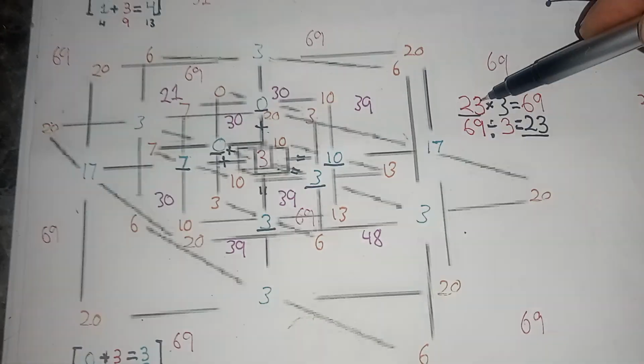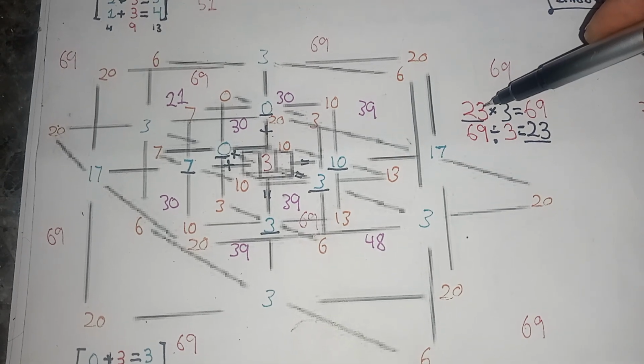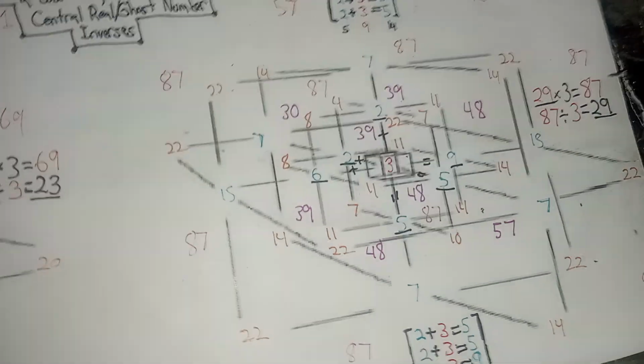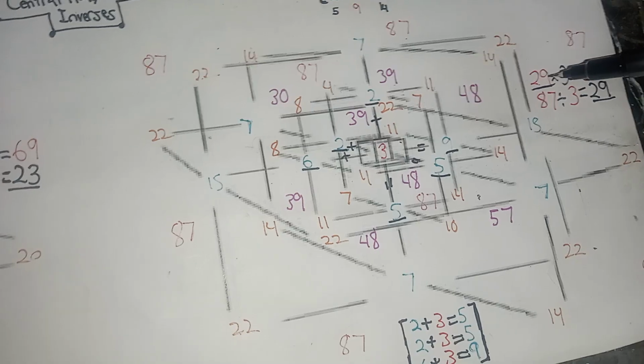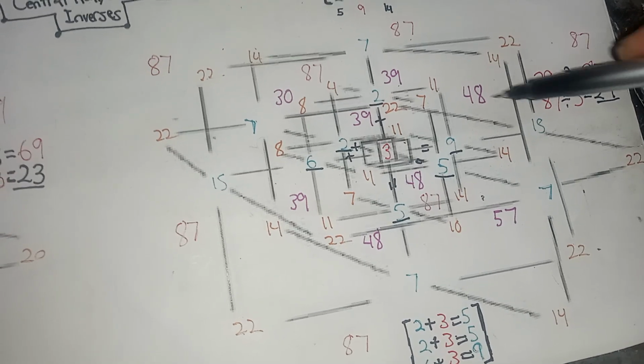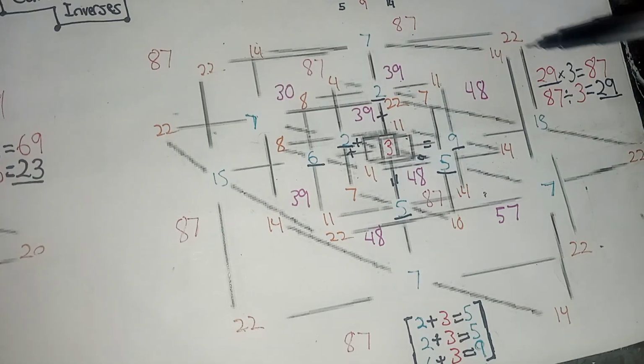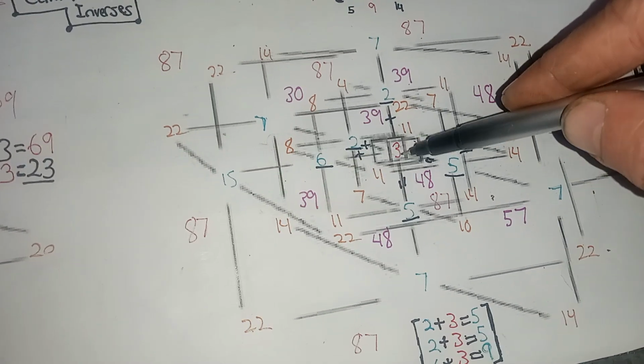This is their relationships. Again, it's primary number 23, and this is primary number 29. All these are central ghost numbers, but they're all along the walls, and the real number has to be 3